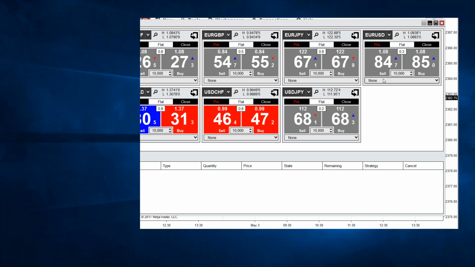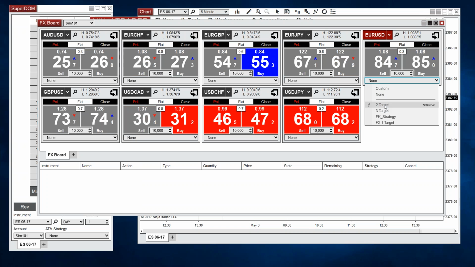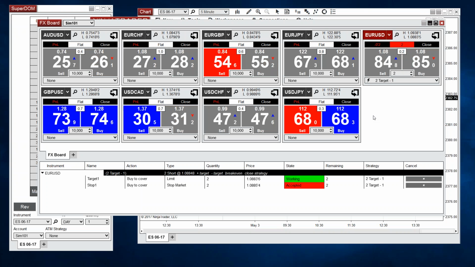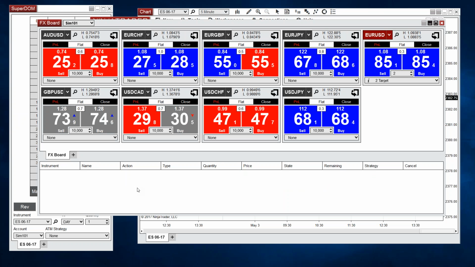For example, if I wanted to do a two-target strategy, which is a template I created, I can select that from here and place an order, and you can see the way that the orders are displayed here at the bottom. That's probably the most significant change we've done in NinjaTrader 8 with respect to Forex traders. We support a number of different Forex brokers, including Interactive Brokers, FXCM for those of you outside of the U.S., and inside of the U.S. we support Gain Capital or Forex.com.